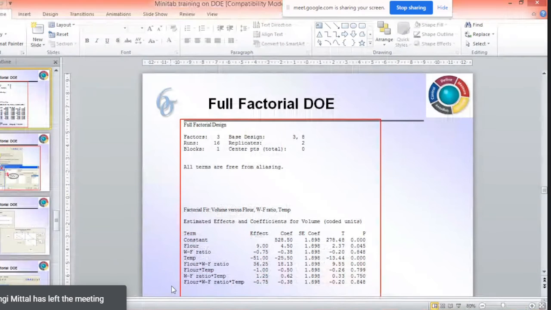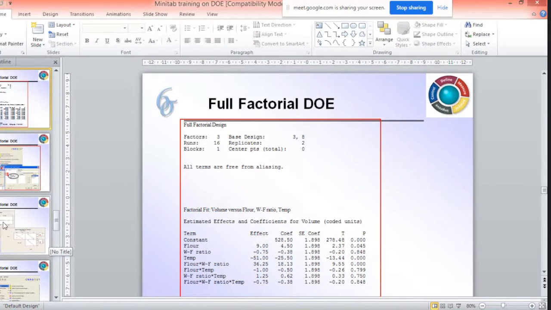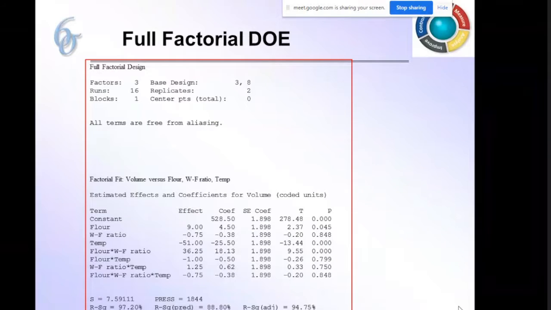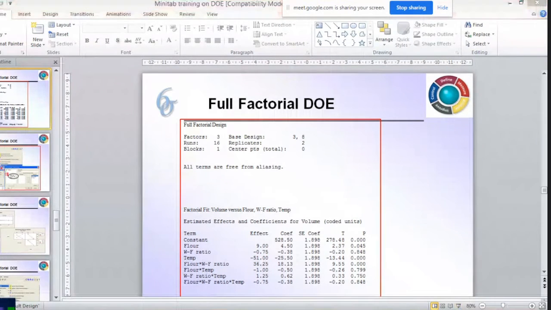See, how R square is calculated. R square is based on the variation. If there is within group variation, that is why we do the replicates. So when we replicate, I will just explain, I will use the